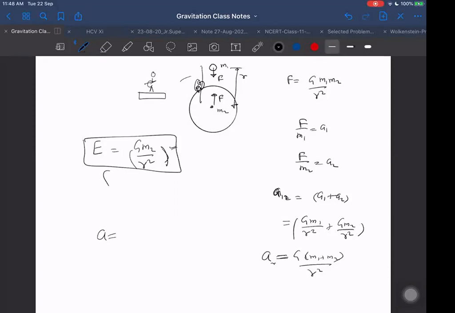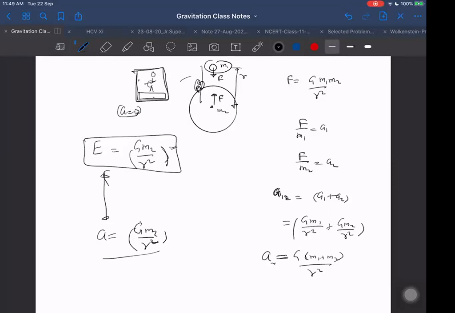The question is this: this is the observer here, and he is observing that the field will be observed the same by all, but he is calculating the acceleration of this M1, and that acceleration he finds exactly equal to G M2 by R square. Then M1 might be negligible. We can say this observer definitely has zero acceleration. Then only he will find the acceleration the same as the field. This observer should be in an inertial frame of reference.